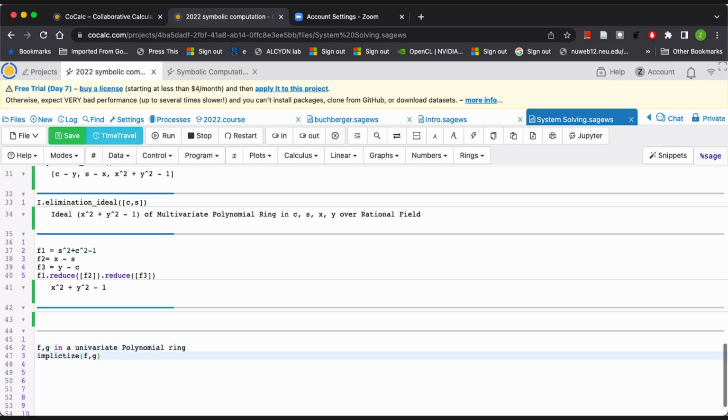Okay, these are the parametric curve is y of t is x of t